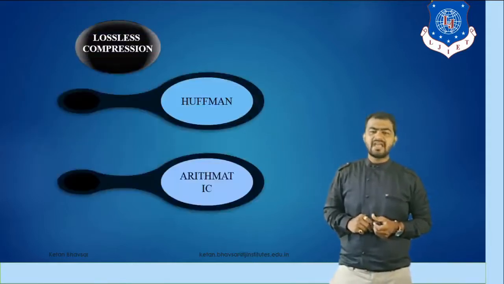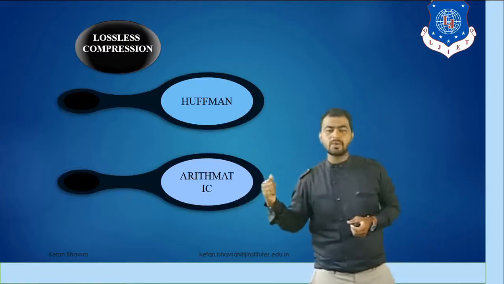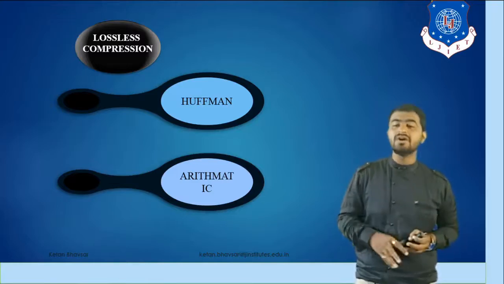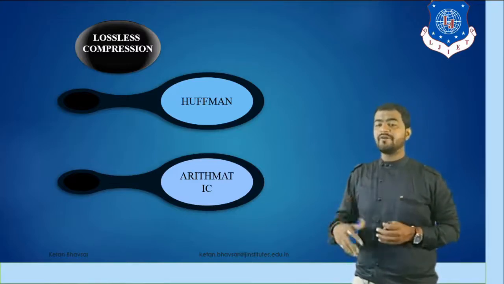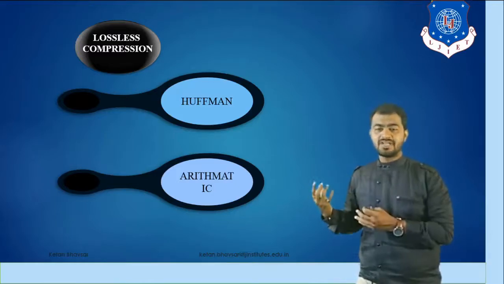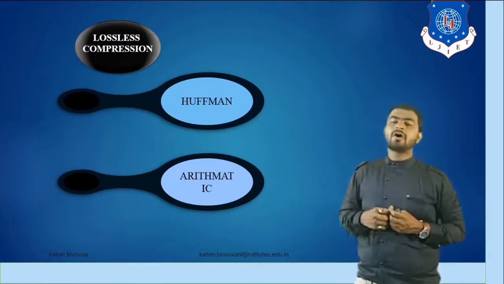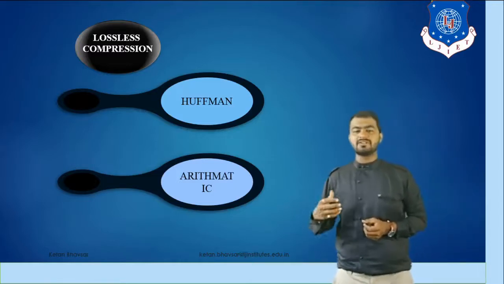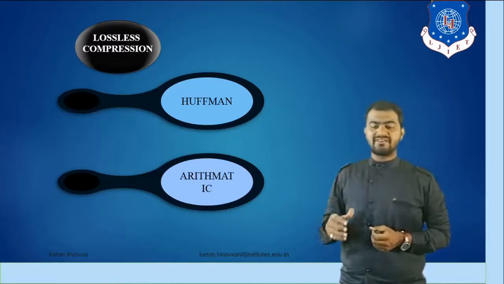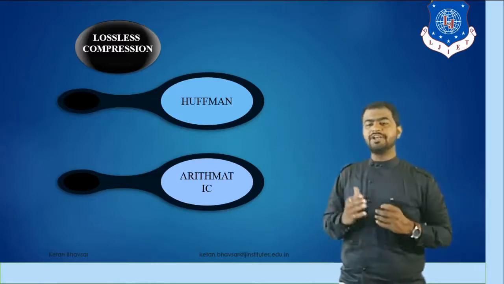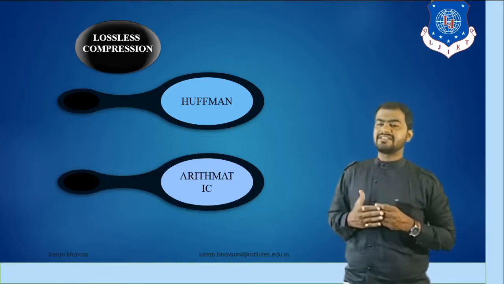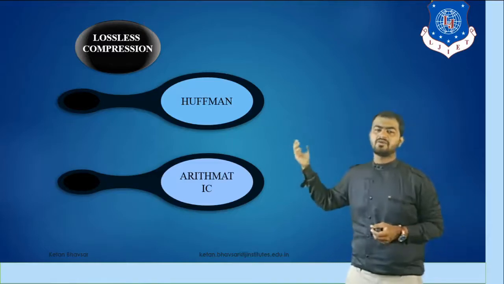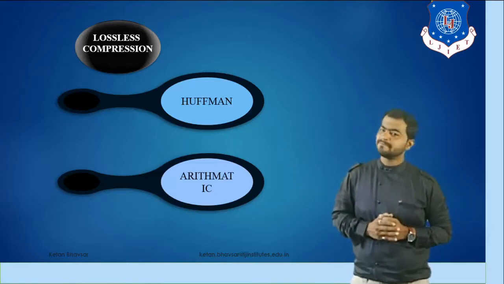Similarly, for lossless, we have two techniques, Huffman coding and arithmetic coding. In the previous session, we already discussed Huffman code, what exactly its advantage is, and what steps you have to follow for data compression using Huffman coding. Also, we designed a basic tree, and with the help of the tree we derived the Huffman codes, and with the help of the Huffman code we reduce the size of data, and that data is used for communication applications. So Huffman plays a main role in lossless compression.